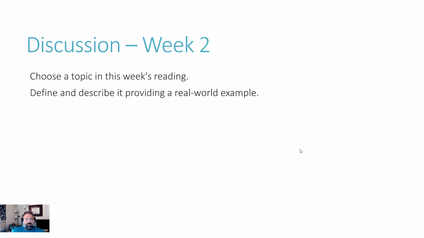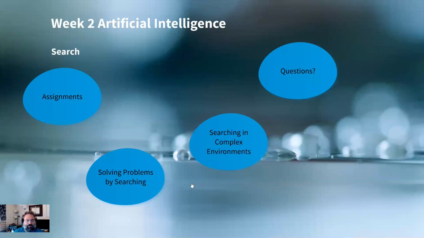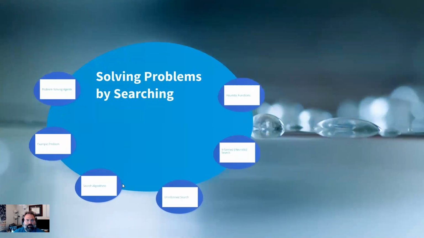This week's discussion is basically choose something out of the reading that was interesting to you and talk about it. Feel free to pick something that might align with what you're planning to do as far as your project, if you can do so. But the idea here is that you pick something that resonated with you, that you learned, maybe that was something you didn't expect, counterintuitive, whatever it might be. Pick something that's interesting and talk about it, right? And then make sure you do also respond to 2 of your classmates or 3, whatever the requirement is, so that you receive full credit for the experience.